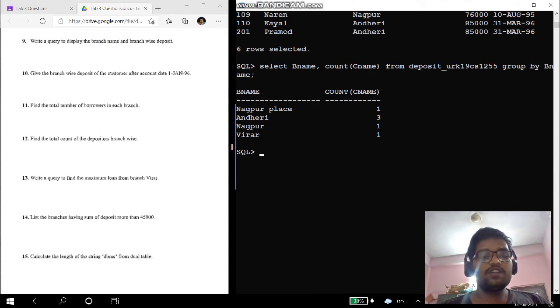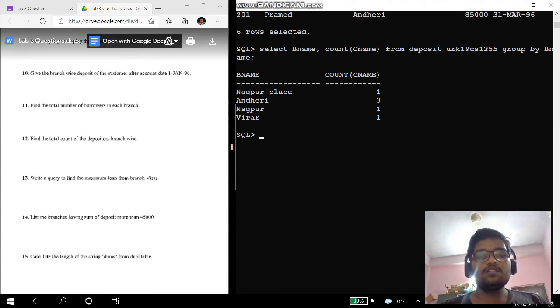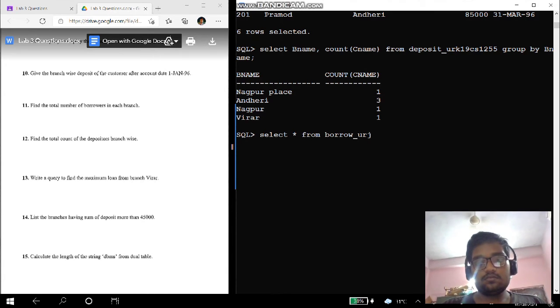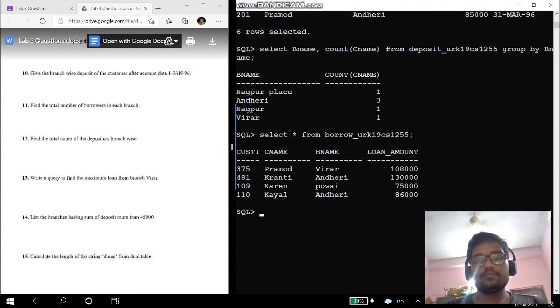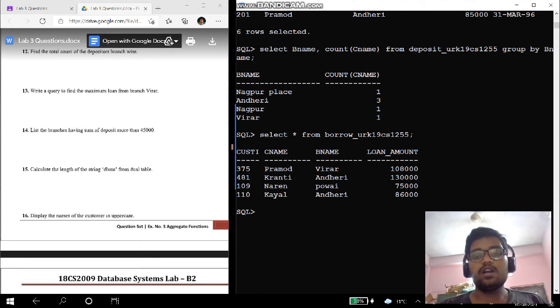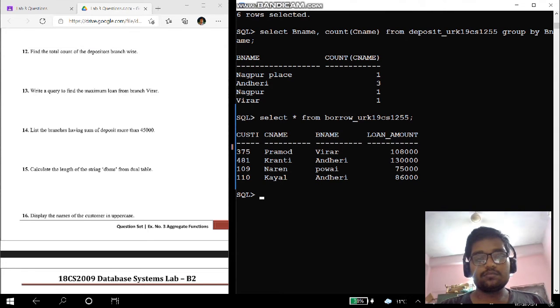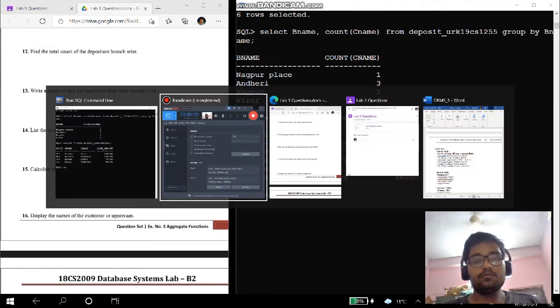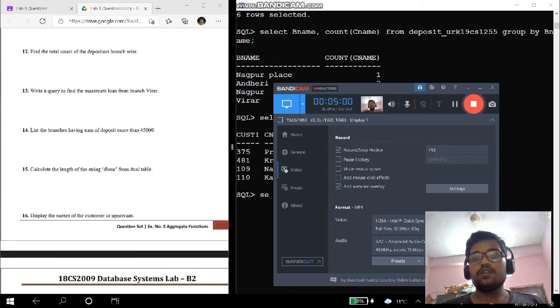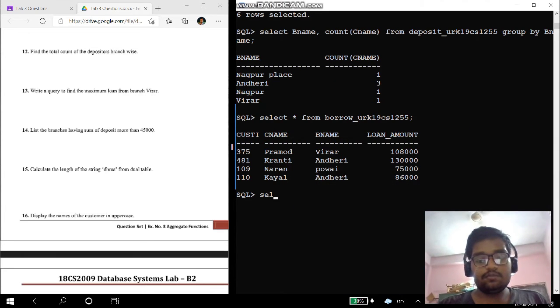Now coming to the 13th question, write a query to find the maximum loan from branch Virar. Let us once look into the borrow table. This is the borrow table. We need to write a query to find the maximum loan from Virar branch. To write the query, we need to make use of the max aggregate function. Max of the attribute name, here loan amount, from the table name